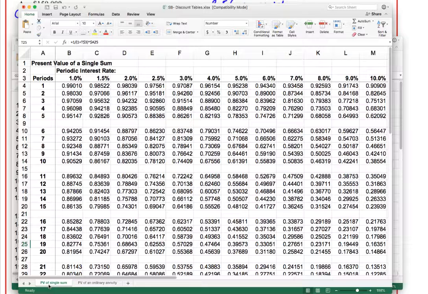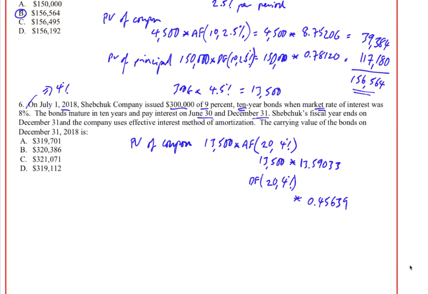And so this is 20 years at 4%, 0.45639. And so going back to what we've got written down here, the present value of the coupons is that. The present value of the principal